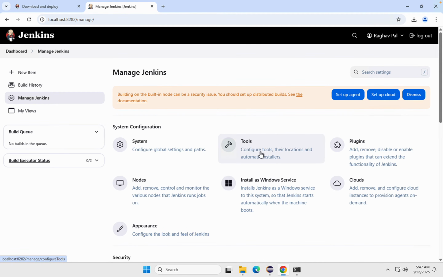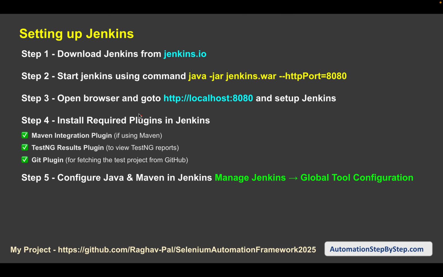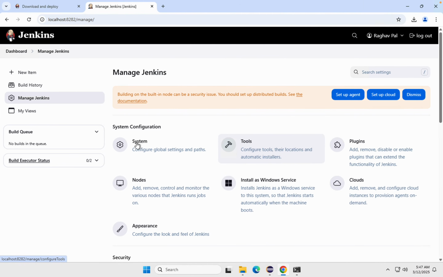So see, these terms, global tool configuration was used in the earlier versions of Jenkins, but now a little bit of UI has changed. So now we call it as tools. So whether you are using older version, there you will have global tools configuration. In the latest version, we have tools. So just go to tools here,